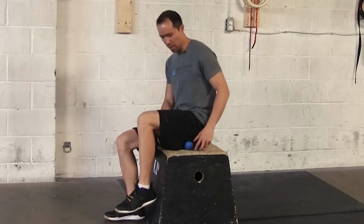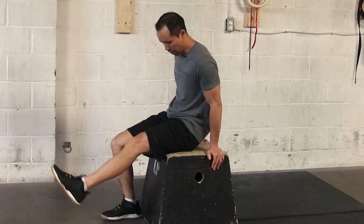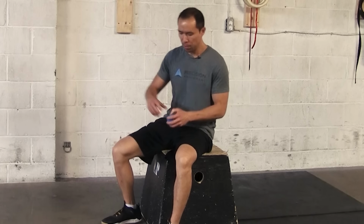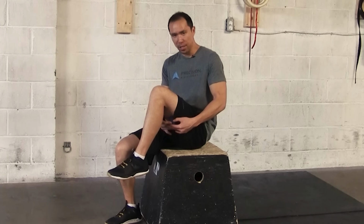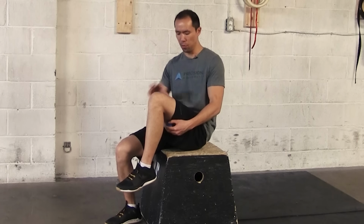Went off the edge there a little bit. And then you hit another area and you do the same thing. Slide forward as you extend the knee. What this is doing is, with the ball, you're locking down the tissue, and then as you slide, you're ripping the tissue, you're releasing the tissue, and then as you extend the knee, you're further releasing that tissue